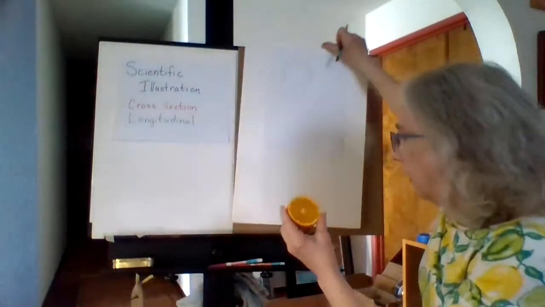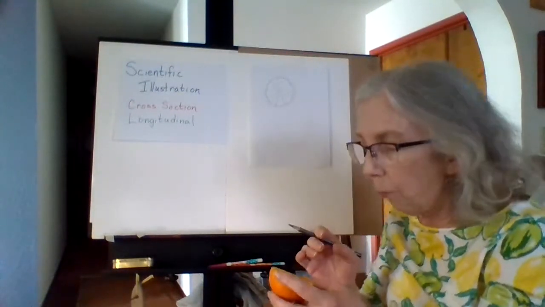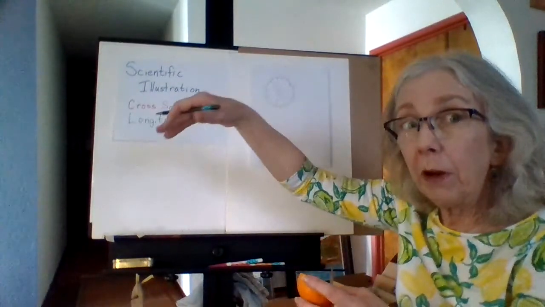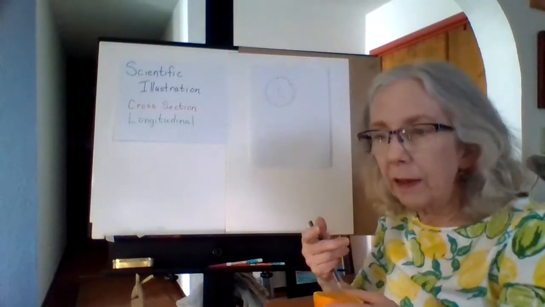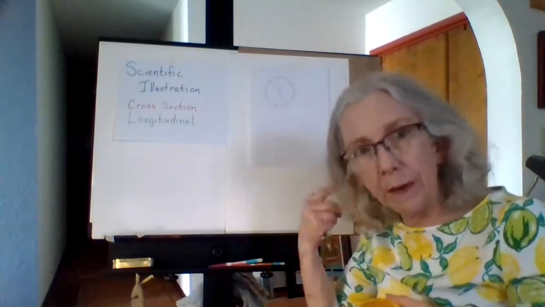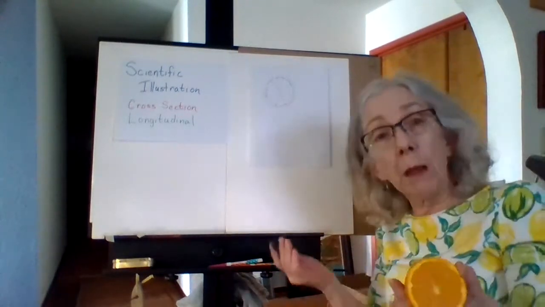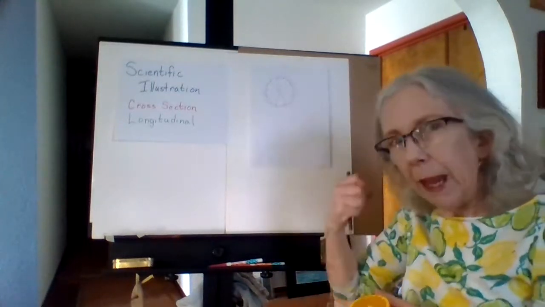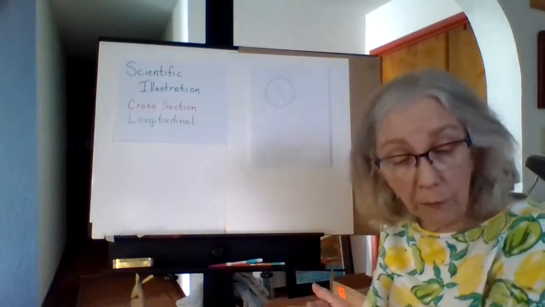So by looking at it as I'm drawing it, I have to look at the information, I have to process it in my brain, get the information out to my hand and onto the paper. And all that processing makes the information stick in my brain. So the next time that I go to draw an orange, maybe from my imagination, I'm going to be able to remember this and get that in there. So that's a very simple way of doing